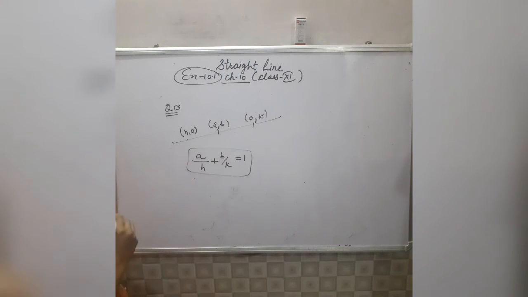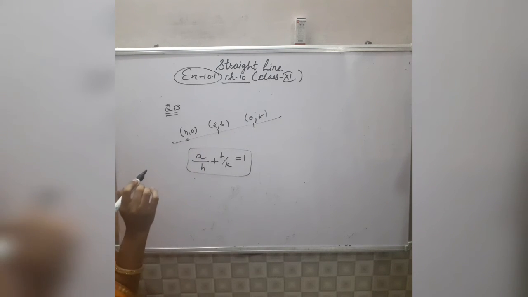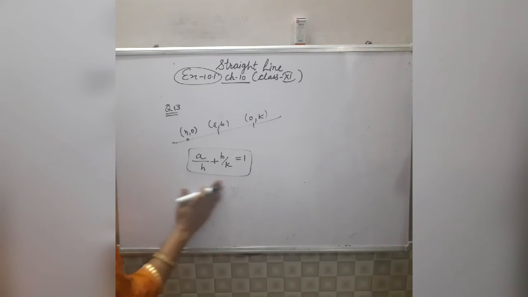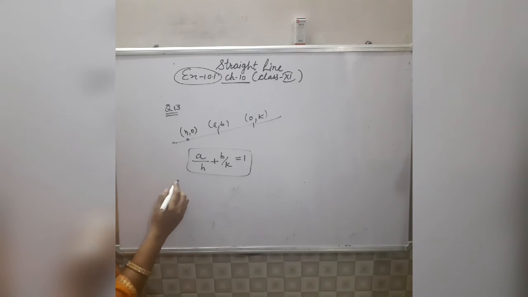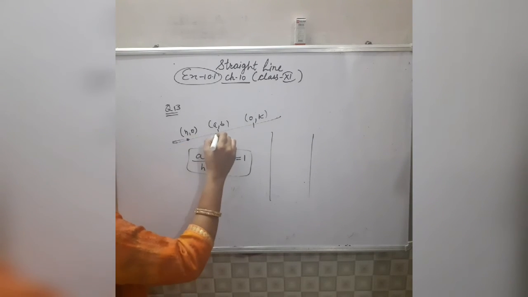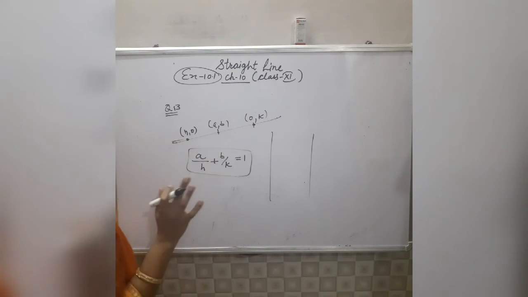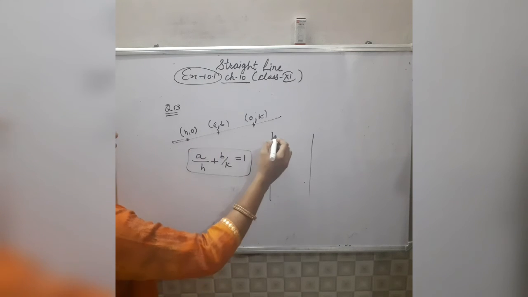So in this case we will firstly find out the equation of line. There are many methods for solving this sum, but till now we have not done any form of equation of line. So we will use here the concept of area of triangle, all of you know. How will you find the area of this triangle? Because this is a straight line, the triangle formed by these 3 points will have area 0. And already you have done in 10th class how you will find the area of a triangle.